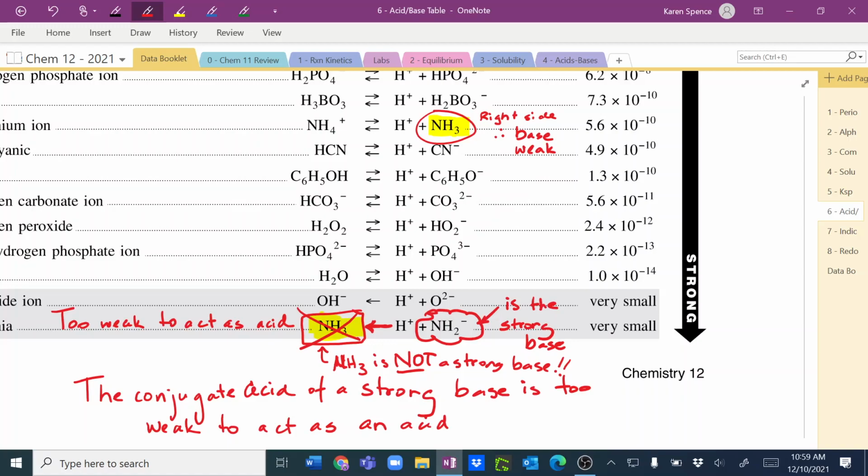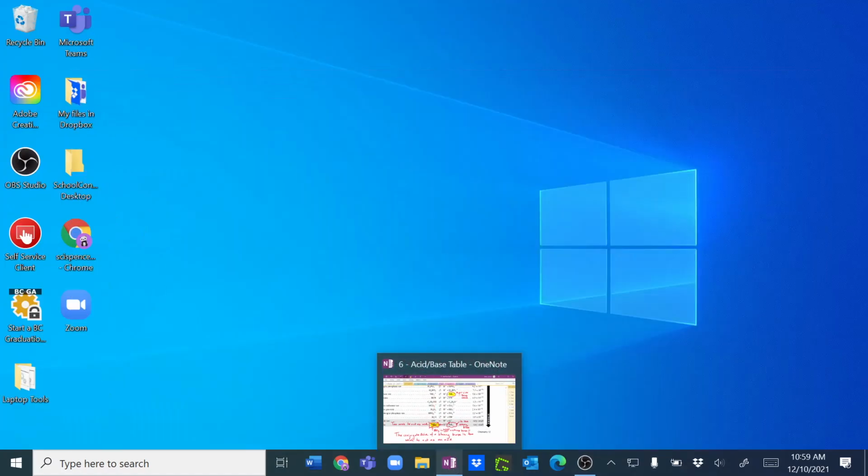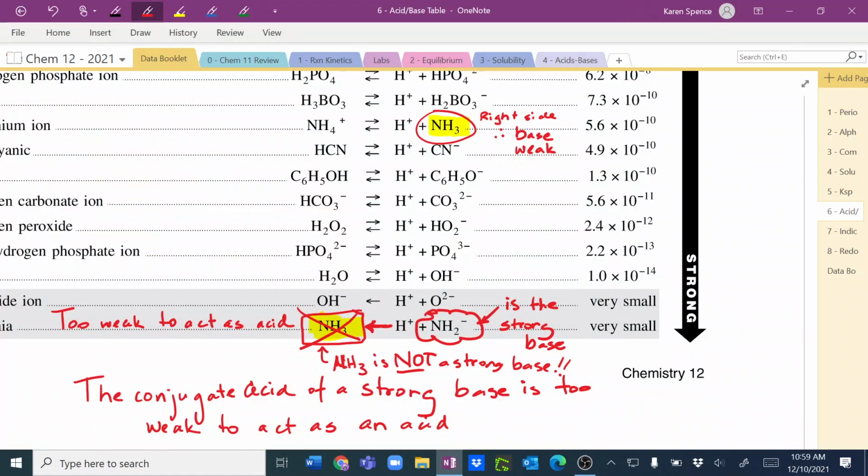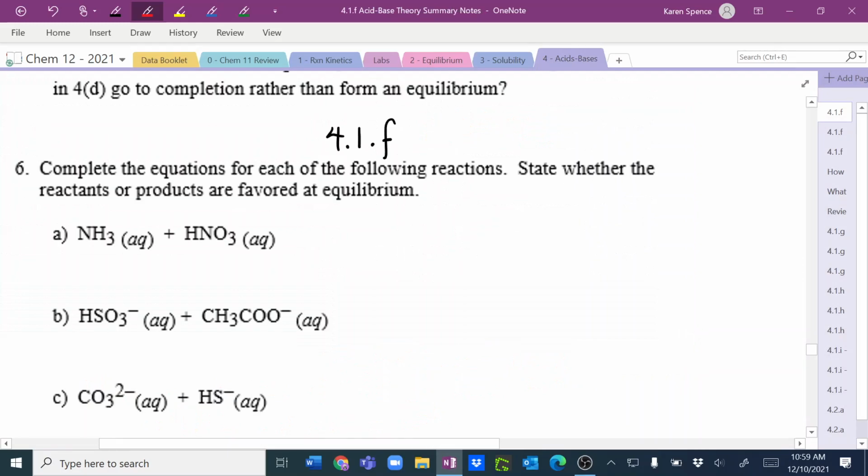So if we go back here, NH3 has to be a base, which is a good thing because HNO3 has to be an acid. Because it doesn't have a negative sign, it cannot accept a proton. So the hydrogen is going to go from the acid to the base. So we end up with then,